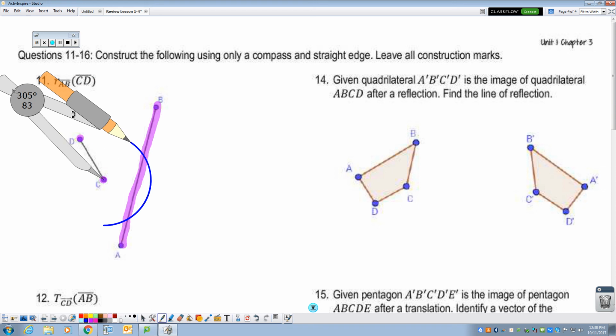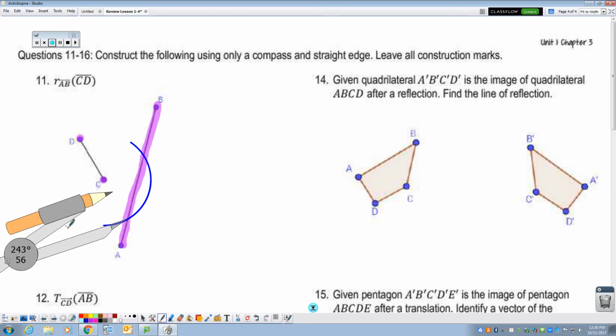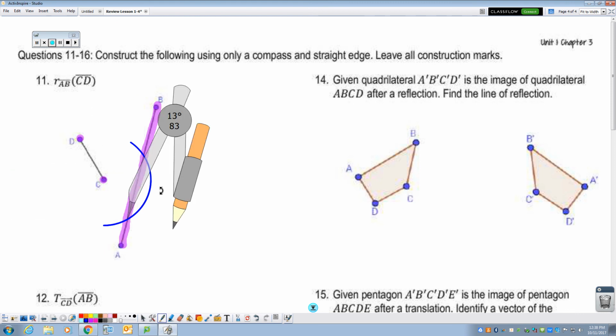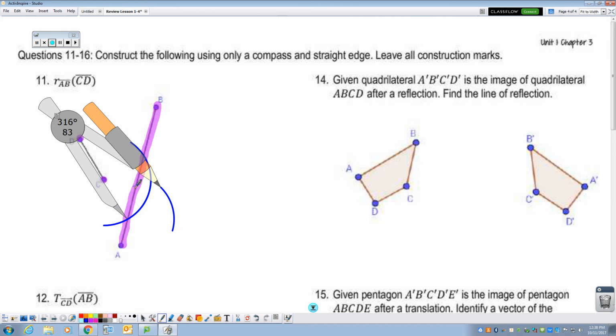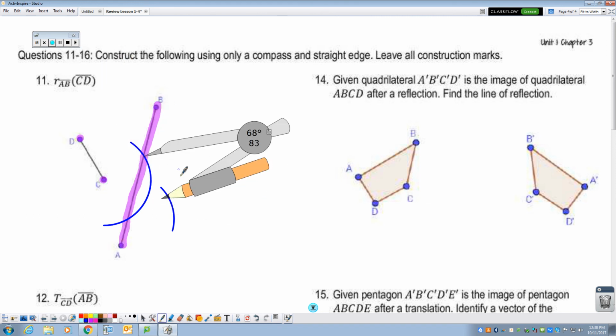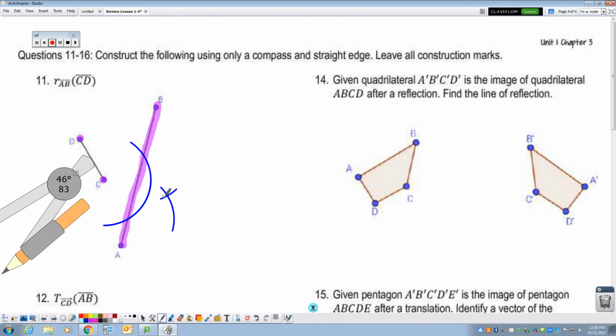And then our next step, and there are a couple ways to do this, but what I like to do is I like to measure from those intersections to point C. And then I'm going to make an arc from the left end point of my line and also from the right. So now, where these points meet, right here,